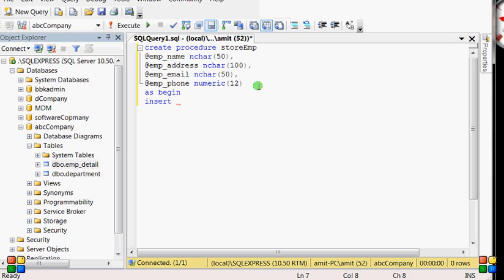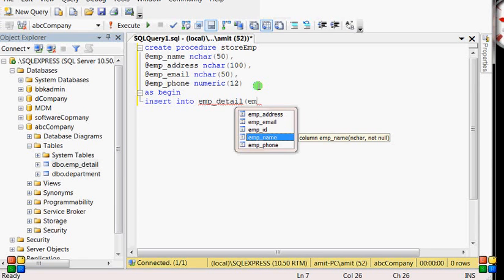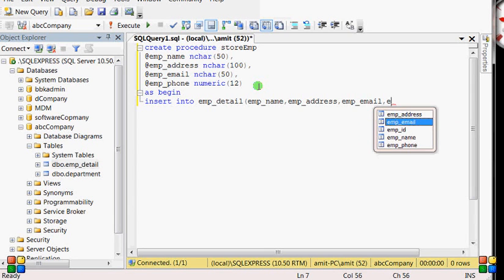Insert into employee detail. We have to put the column names here also. So employee ID is already entered, so leave it. Now employee name, then employee address, then employee email ID, and finally employee phone number.